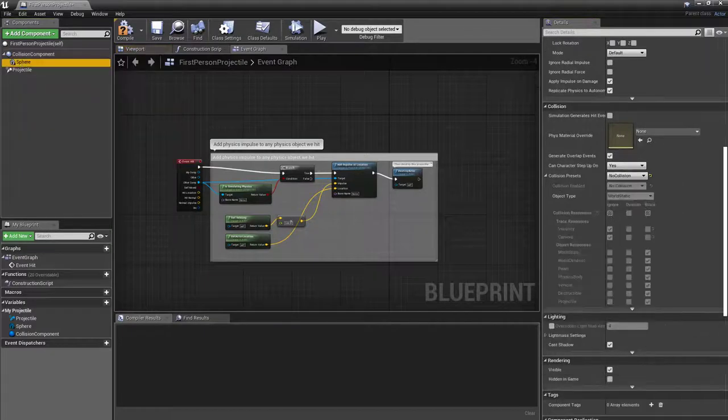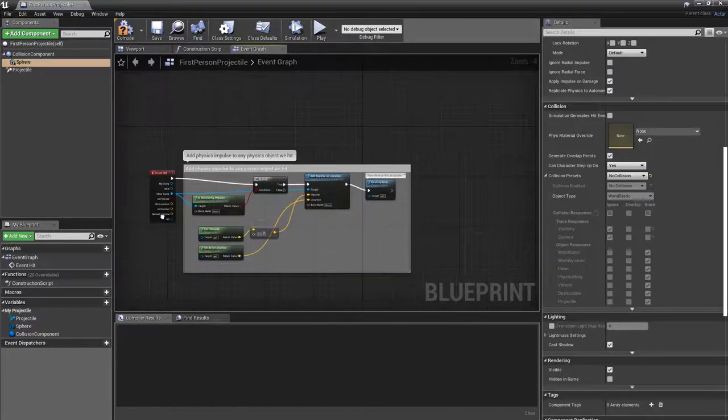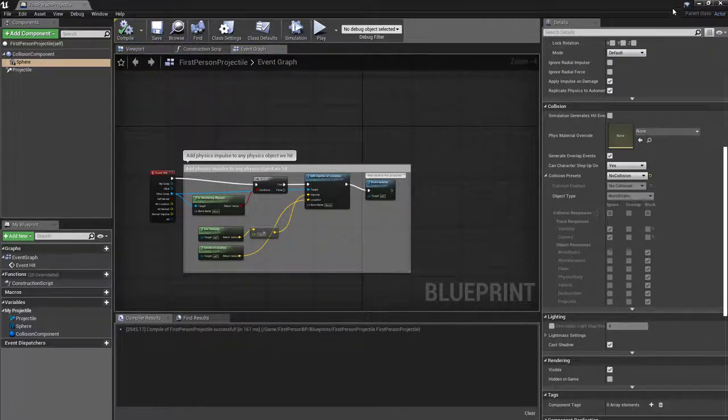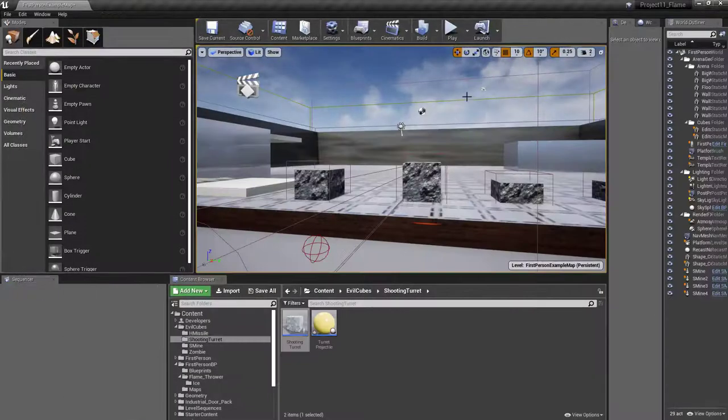From there, let's go to sphere. And on sphere's collisions, what we want is we want this to say no event hit. We do want it to create an overlap. This can be set to yes. This needs to be set to no collisions. And with that, we should be done. Okay, so let's go ahead and hit compile and save, and let's go and do some checking and see if